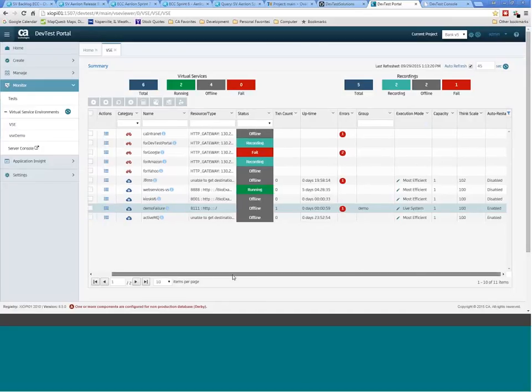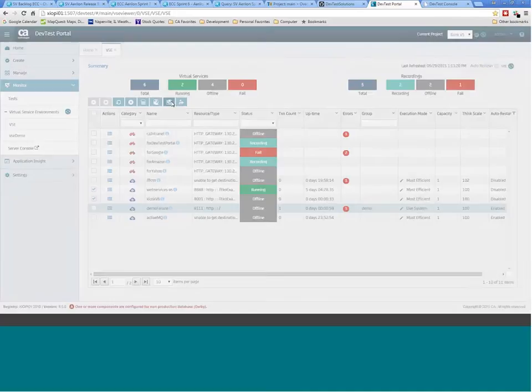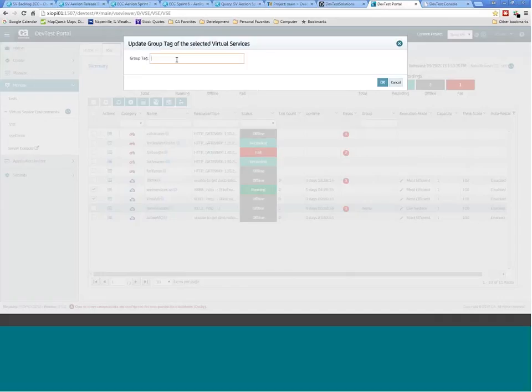Another thing that I wanted to bring to your attention is that since we're working in a table view here, it might be perfectly conceivable that you may want to do an action on more than one service at a time. So what I can do is I could add a group tag